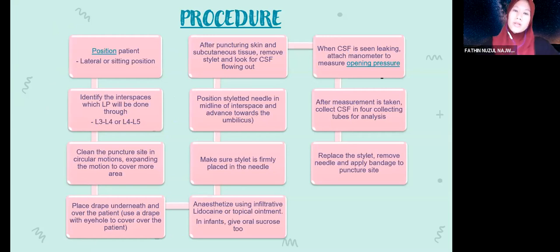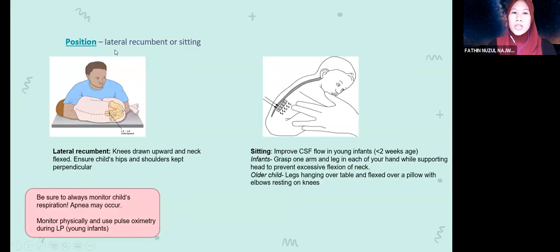So for the first one, after having all the equipment and consent, we should first position the patient. Okay. Now the positioning can be done either in a lateral recumbent or a sitting position. Now in lateral recumbent position, the knees of the child are drawn upward towards the chest and the neck is flexed. Now this is to ensure that the interlaminar space is opened up. Okay, now you can see that the assistant is holding onto the back of the neck and